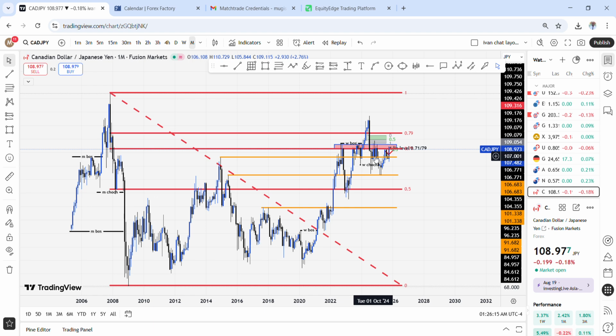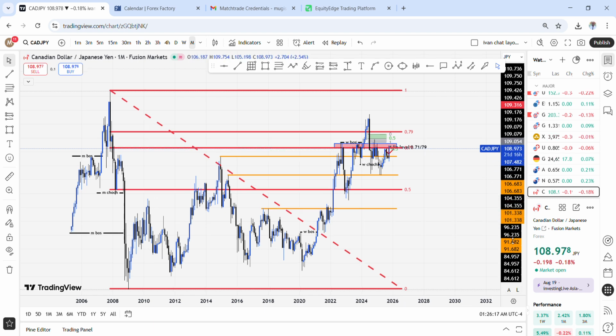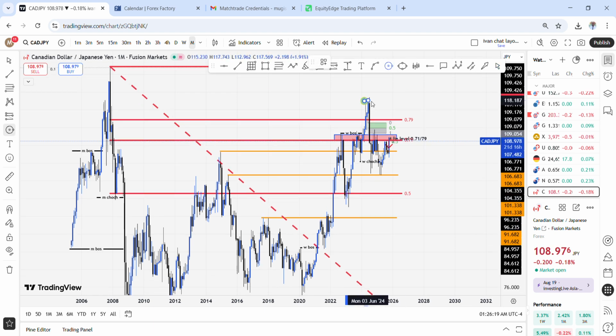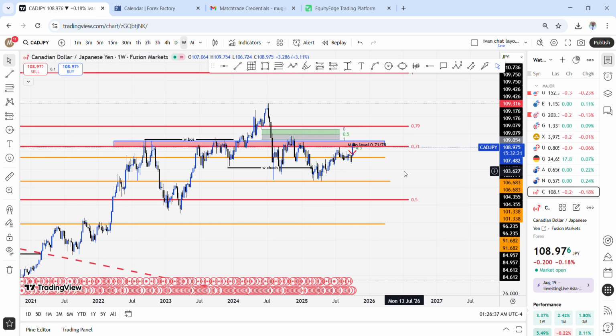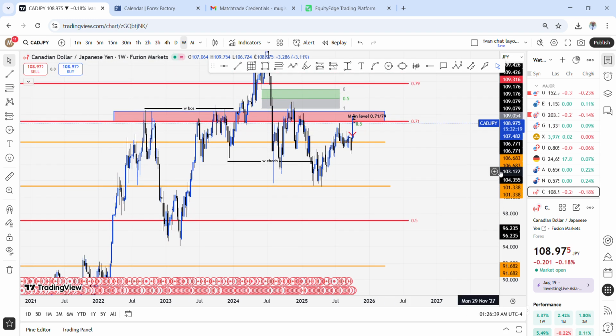Not forgetting before I leave the monthly time frame that we have a head and shoulder pattern. This shoulder and head pattern, when it is seen in the market, in most cases on higher time frames, it signifies a change in trend. So that's why I'm expecting sales also. So when we go to